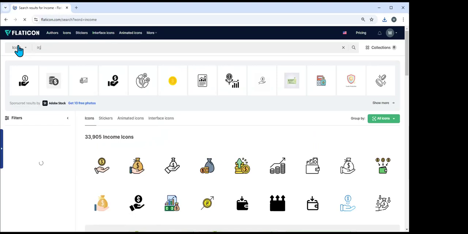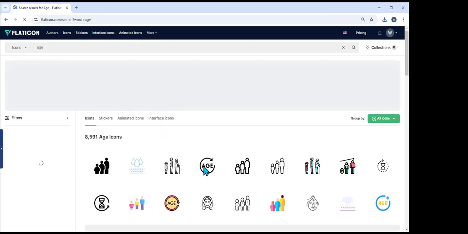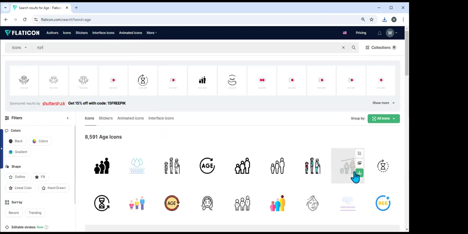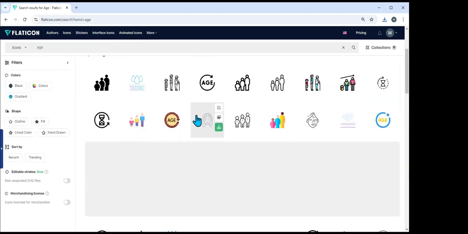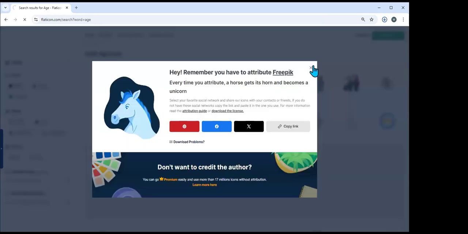I can look for age. So just type age. You will see an icon related to age, right? So this is age. So I can click on this one, or I can click on this one. It depends on what you want to do. Any one. Let me click on this one. Then the last icon I would download